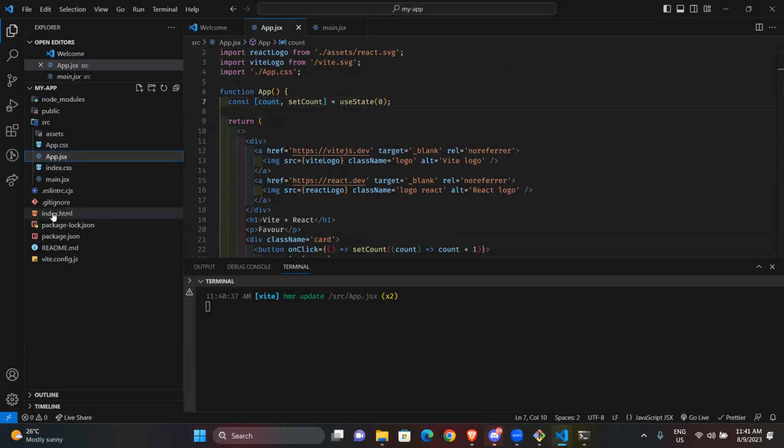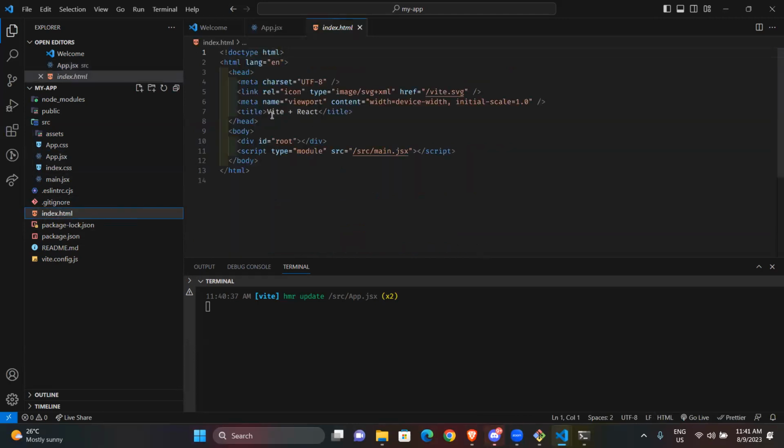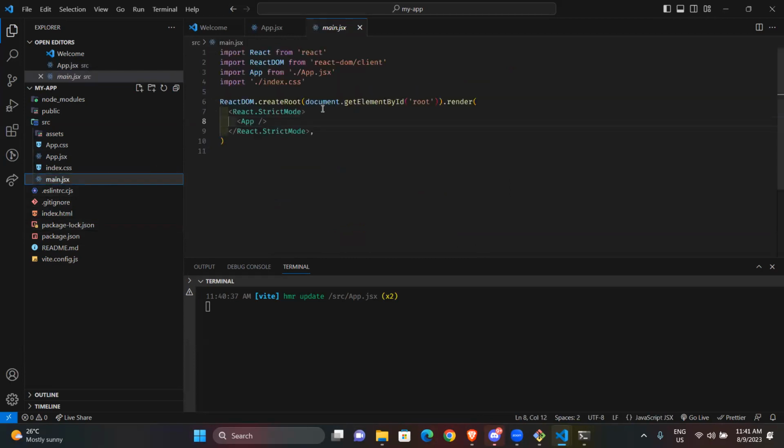Then you have the git ignore, you have the index.html. This index.html is, so remember what I was saying. If you check main.js, we have this root. You're saying inject this app inside this root.